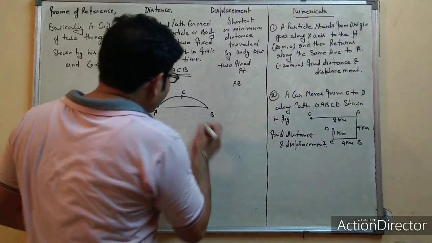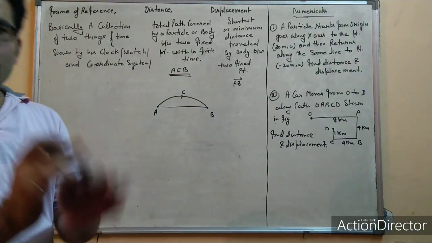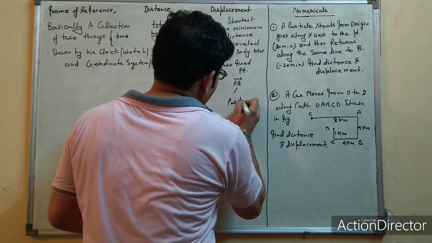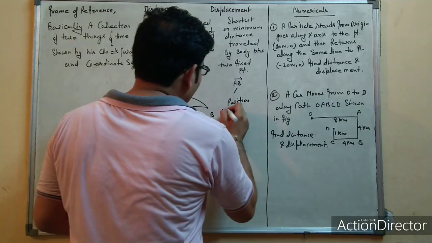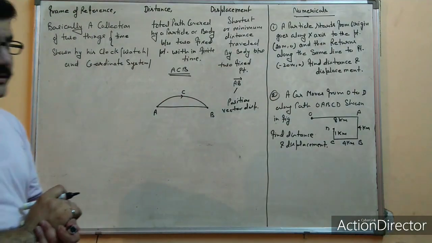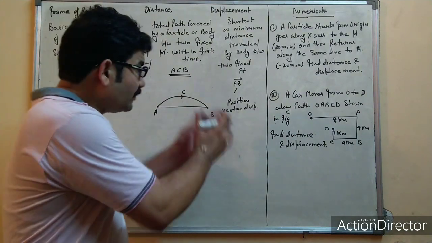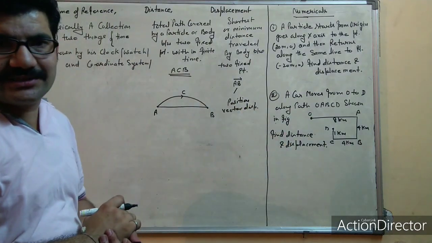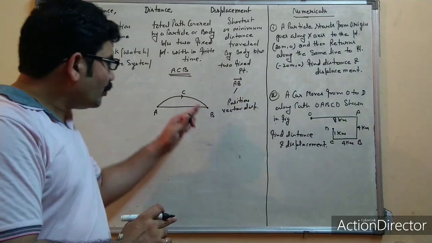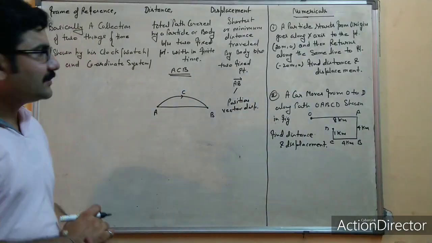Here we will place A to B, means vector A to B, that is called a position vector or simply a vector. It is the position vector of displacement. But this distance is not a position vector. It is basically a scalar quantity. It has just magnitude, while the displacement has magnitude as well as direction. That's why I am going to put an arrowhead on the A to B points. That's why it shows the displacement, while the other shows the distance.